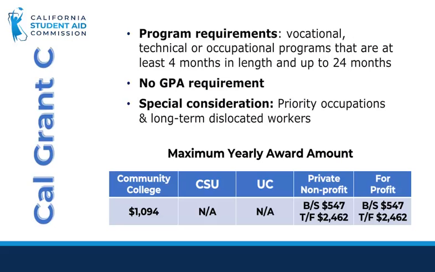Once students are deemed financially eligible for a Cal Grant C, we ask for additional information via the Cal Grant C supplement form because students are ranked for eligibility based on certain factors. Having said that, virtually all eligible Cal Grant C students are awarded. For Cal Grant C, students with dependent children may be eligible for up to a $4,000 maximum yearly access award.